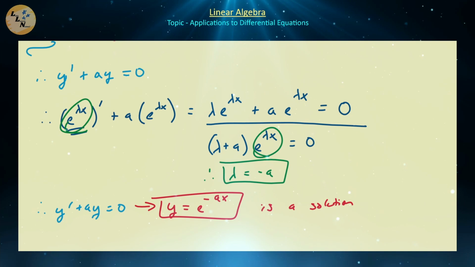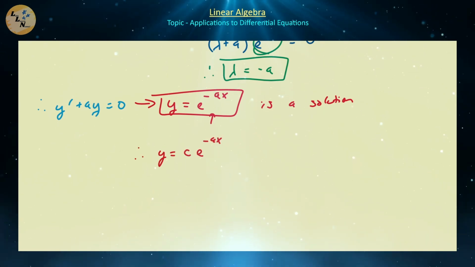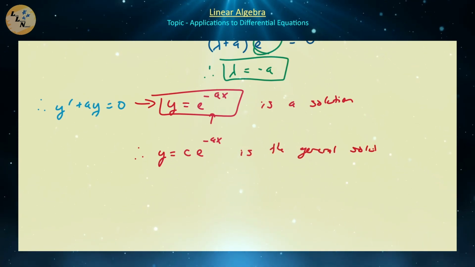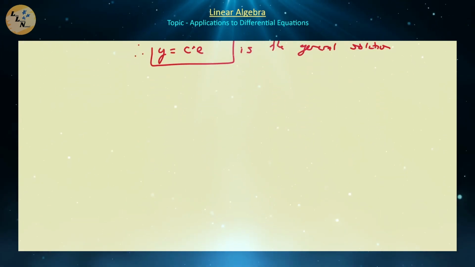Now, is it the only solution to the differential equation? No, because if this is a vector in the basis, any scalar multiple of it will also be an element of the basis of the solutions for that vector space. In particular, we can say that y is equal to c e to the ax is the general solution to the differential equation, right? So any scalar multiples of that one basis function that we have found just by analyzing eigenvectors of differential